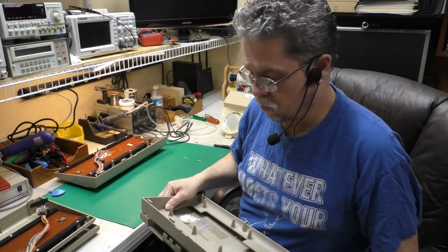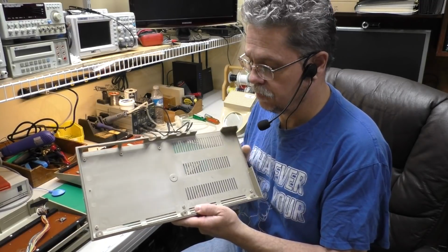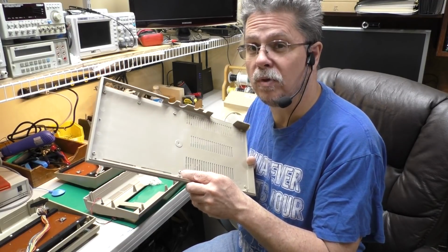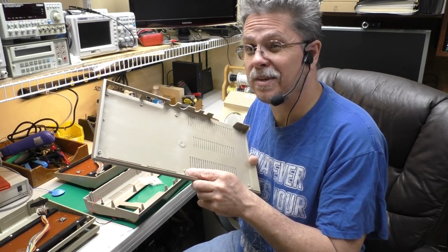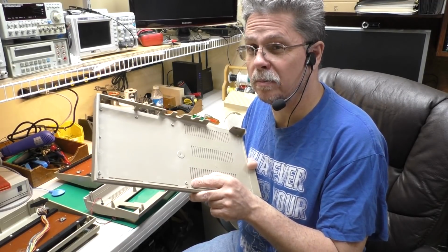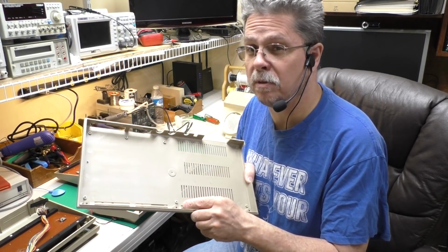The third repair problem we're going to tackle is the bottom cases. Now in these, all these little mounting posts here tend to crack. And some of this is just fatigue from them being jostled around too much, and some of it's because there's a steel screw in there and the plastic shrinks over time and it can't fit on that screw anymore, so it just breaks. So I've got some repair parts for those too. And so far what I've seen is that all these mounting posts are the same on any Breadbin,